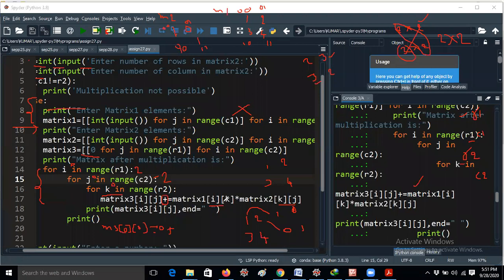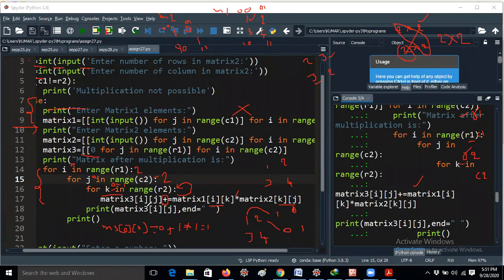Now M1 of ik. I value is 0, k value is 0. Now we have M1 of 0 0 value here 1. 1 into, here star is there, into M2 of kj. I am giving k value 0, j value 0. M2 of 0 0, M2 of 0 0 value is 1 only. Okay. So here 0 plus 1 into 1 means M3 of 0 0 value is 1. But it won't display directly 1, because here one more condition is there: the for loop iterates to k value as 1. K was initially 0, now it is 1.